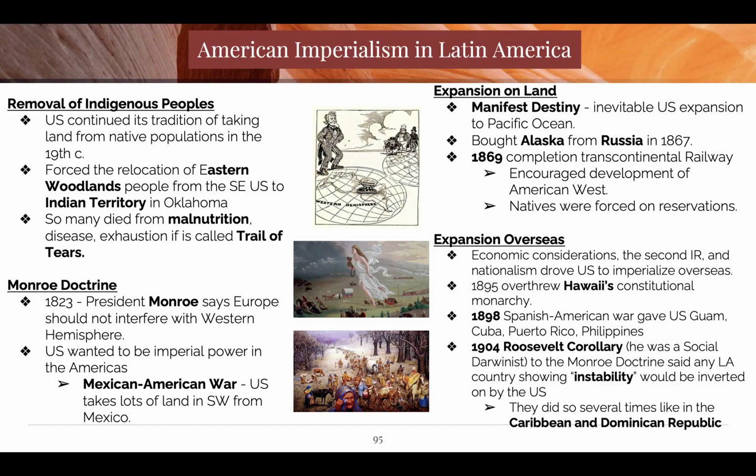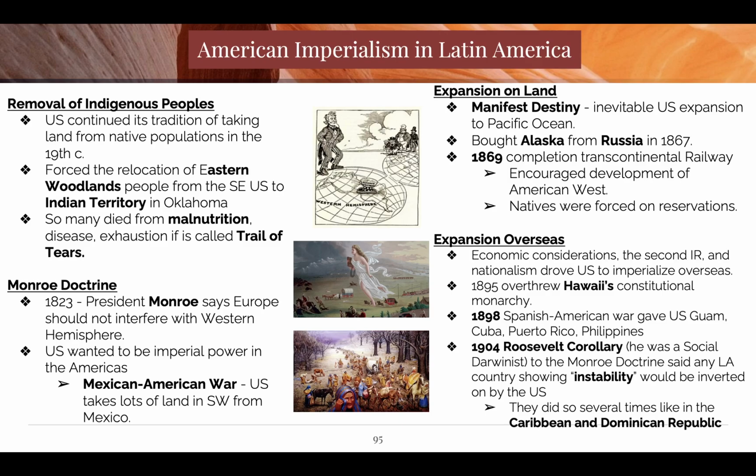Okay. American imperialism is all about the removal of the indigenous. And we're going to do this in many different ways. First of all, manifest destiny is a huge part of it. We believe, as Americans, we have the right to the whole continent, so anybody standing in our way is a problem. The second way we're going to do it is by Trail of Tears, which is how we remove the Cherokee under Andrew Jackson.